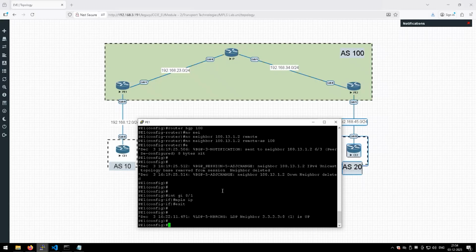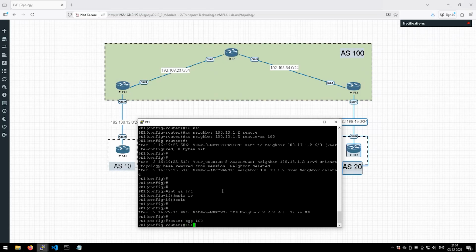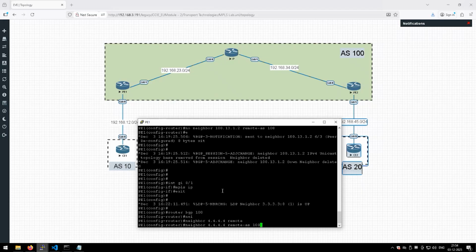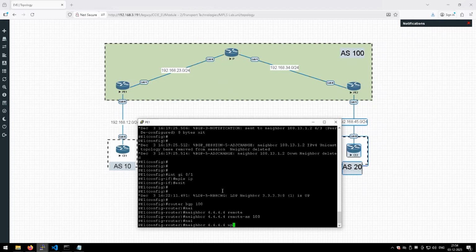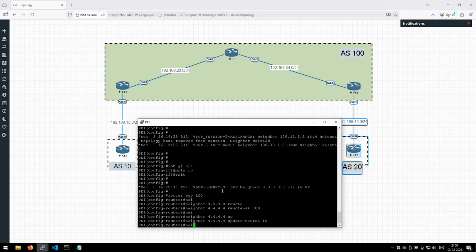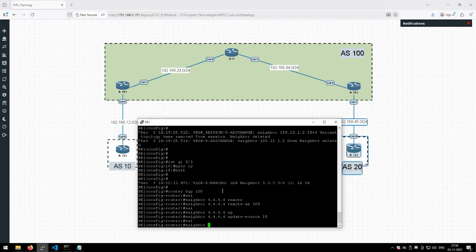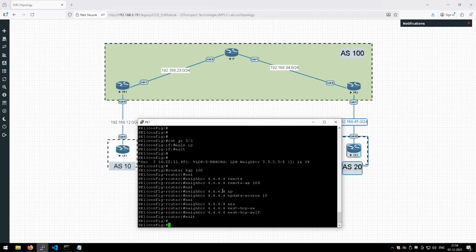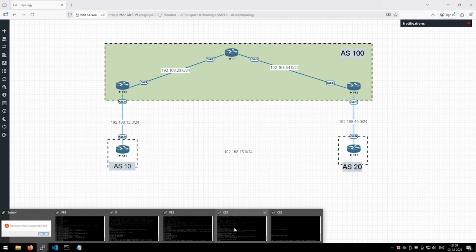So let's do that. Earlier, we had the iBGP configuration over the GRE tunnel, but now we will build the connectivity simply using the loopback addresses. So router BGP 100, neighbor, the loopback of my provider H2, 4.4.4.4, remote AS 100. Neighbor 4.4.4.4, update source loopback 0, neighbor 4.4.4.4, next hop self. Exit. Similarly, I will go to provider H2,